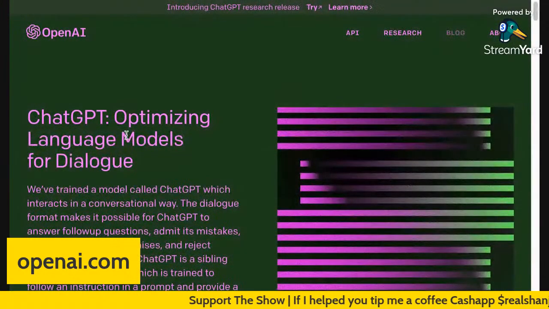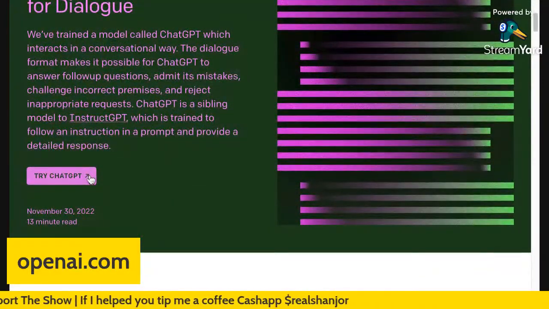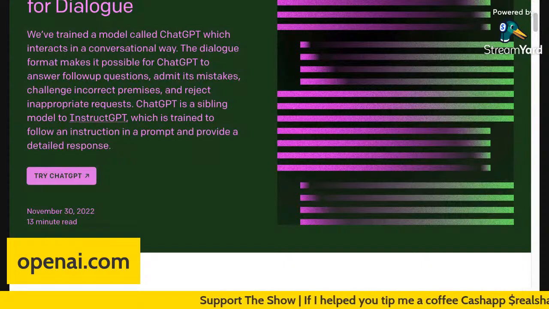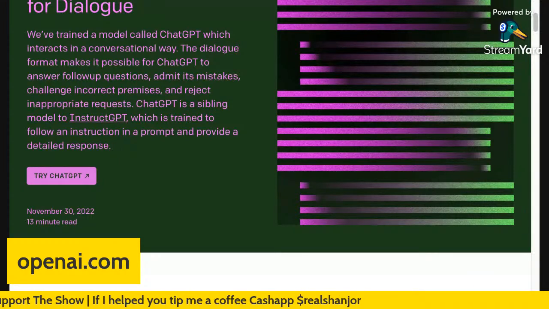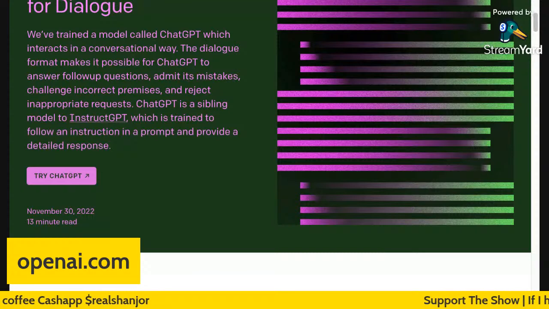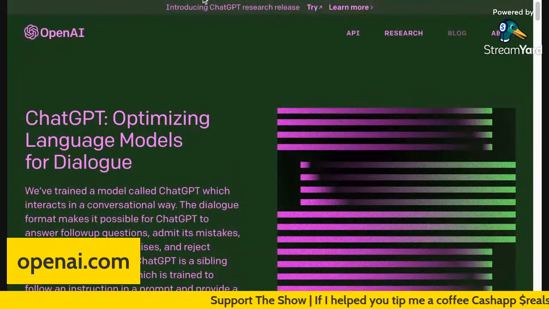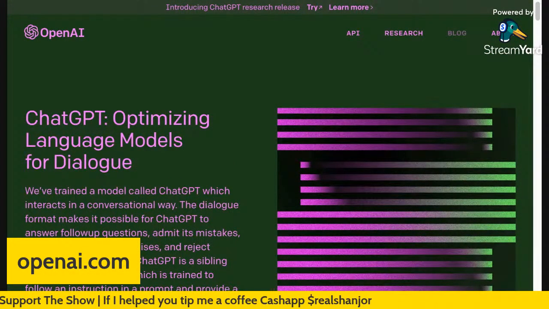This should come up. You're going to come here and click that, try it. I'm already logged in, so that's why I go right into ChatGPT. But if you don't have an account, you will have to log in. Okay, so that's how that will work. I do not believe that you can use cell phones right now for this. Everybody I know with a cell phone who has tried to use it has pretty much been saying that they've had a problem getting on.